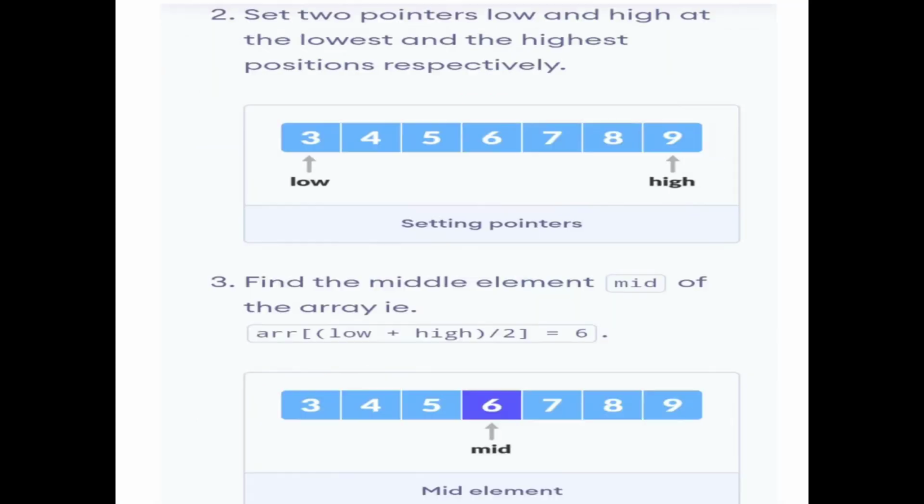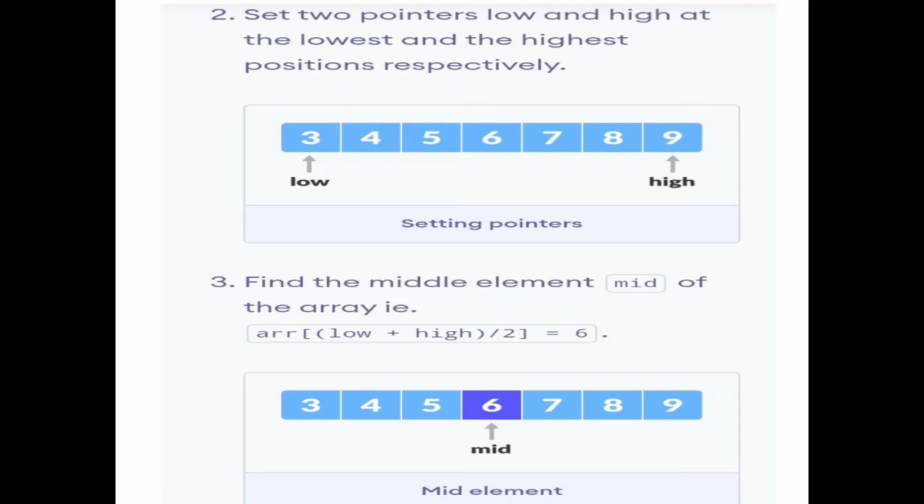So the next step: two pointers, low and high, at the lowest and the highest positions respectively. You get the set of array elements, then analyze them. The elements must be arranged in order, that means a sorted array, so check if it is sorted or not.